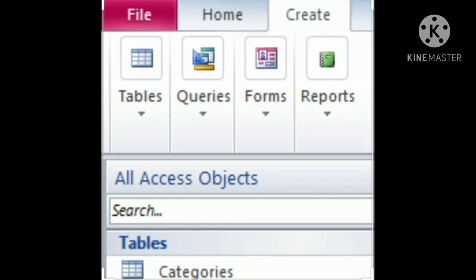These are a way to view the contents of the table one record at a time. Reports. These are used to summarize and present data in the table. Macros and modules. A macro is a set of actions created in order to automate some tasks. The module refers to the declaration statements and procedures written in the Visual Basic for Applications, VBA, programming language.